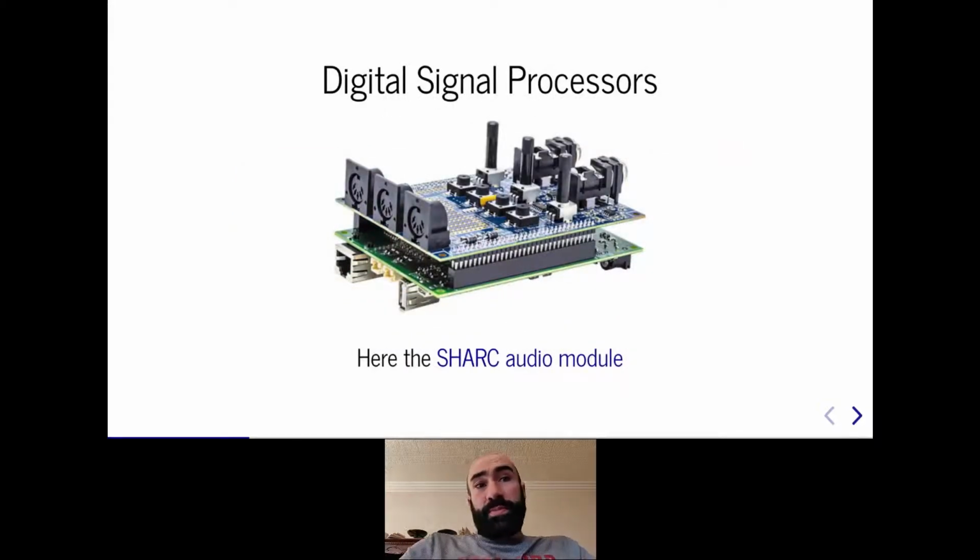There also exist specialized chips such as digital signal processors, and they also became more accessible in recent years by allowing the use of floating point and C++ for their programming, while assembly and fixed point used to be the norm.